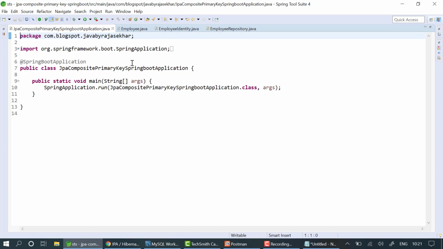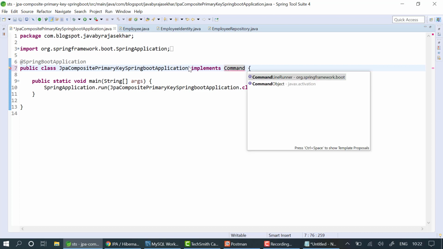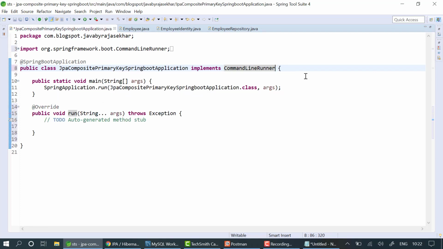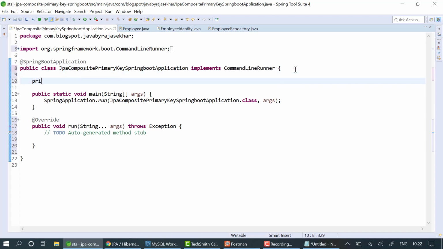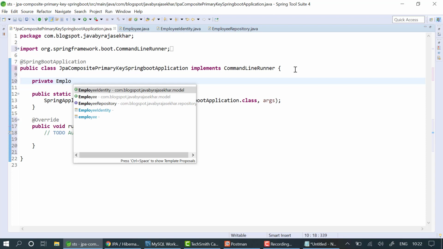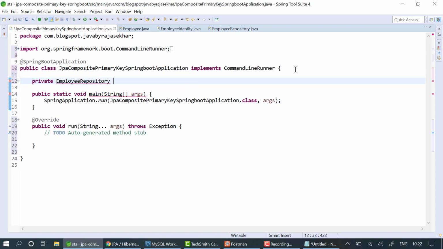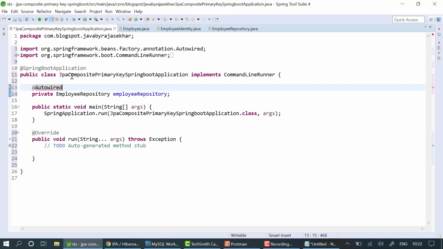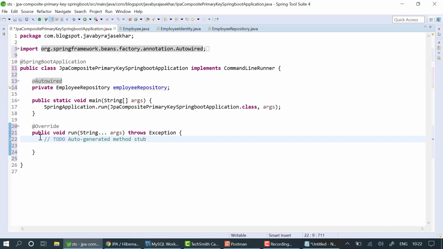In the main class, this class implements CommandLineRunner, and we need to override the run method. Here, I am providing EmployeeRepository. I am trying to autowire it. In the run method,